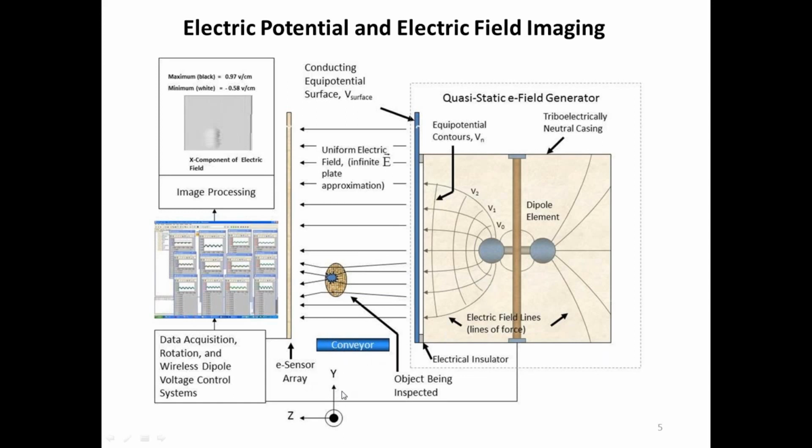There's some coordinate system down here, X, Y, and Z shown here. There's a sensor array, and this is typical data that you would get. I'm not going to show all the data, but there are a lot of waveforms. This particular quasi-static generator is moving around slowly and is slowly changing the potential on this plate, indicated here by the B surface. And you're monitoring that voltage at the sensors due to the slow rotation of this